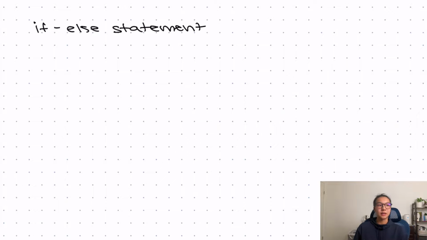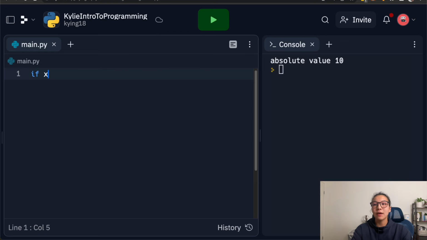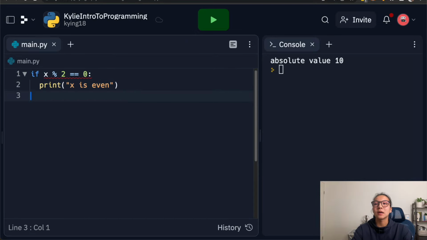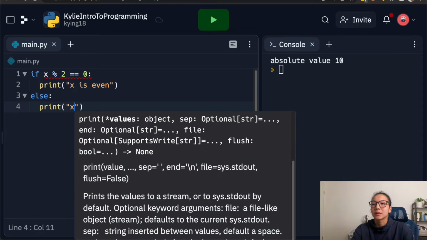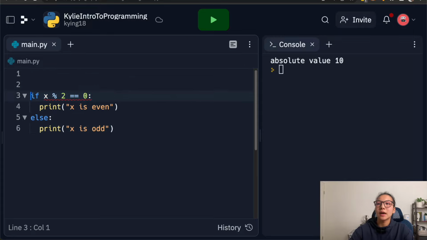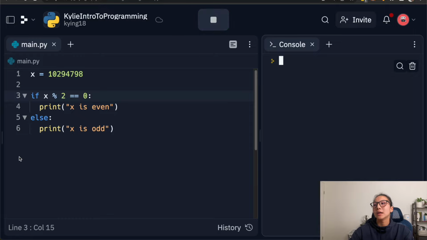So in an if-else statement, it looks something like this. If the remainder of x divided by 2 is equal to 0, then we're simply going to print x is even. And otherwise, well, if x is not even, then it's odd. So here we can print x is odd. And now we also need to define an x. So x just is some number like that, right? And if I run this, then it will print